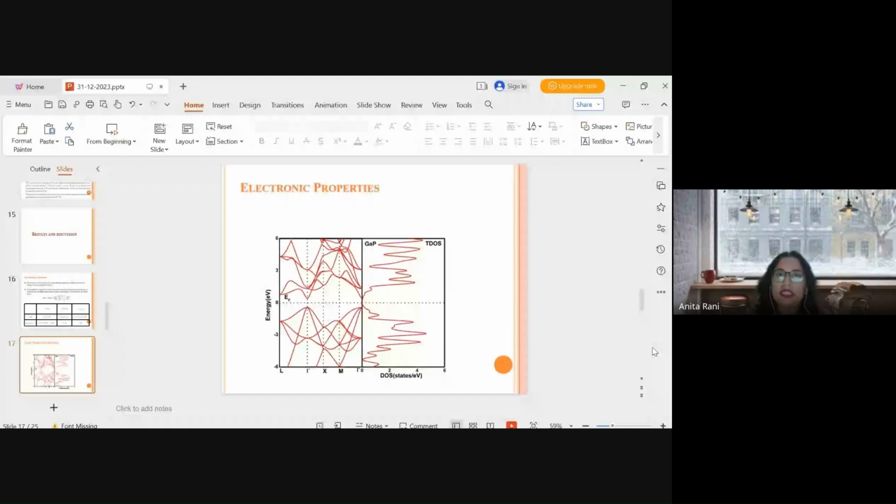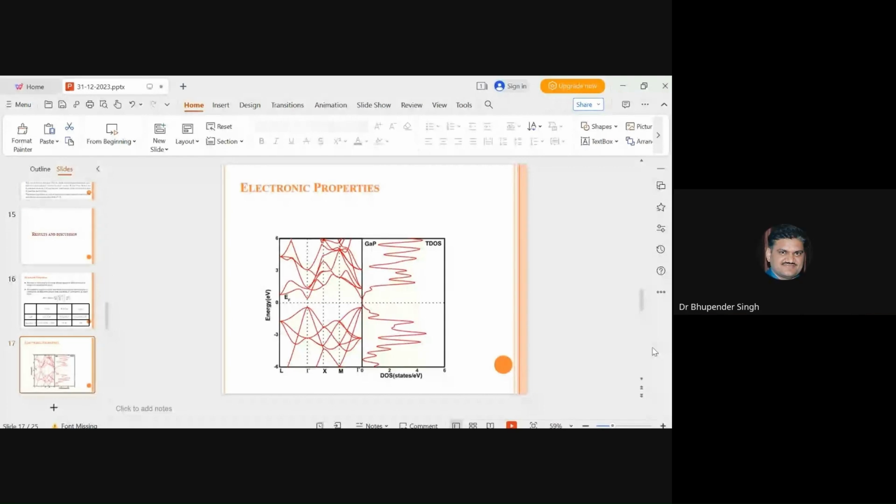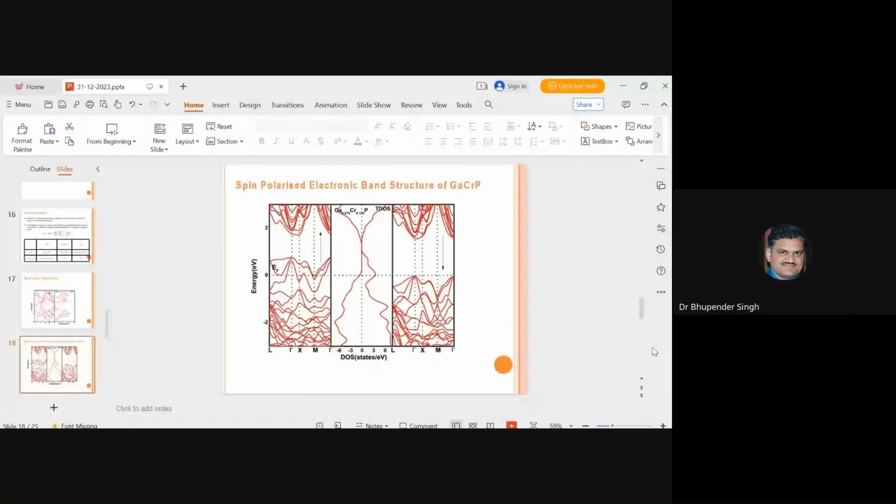So this is the energy band diagram of the pure semiconductor material. It shows that there is a gap between the valence band and the conduction band. This means the pure material shows semiconductor behavior, which we also found from the total density of states. But when we dope the chromium atom inside it,